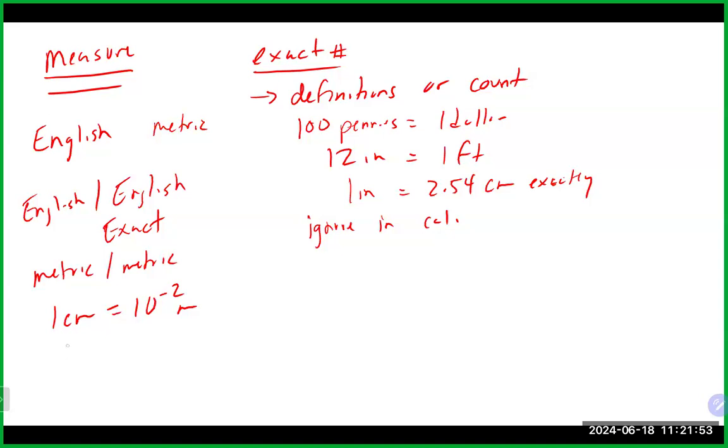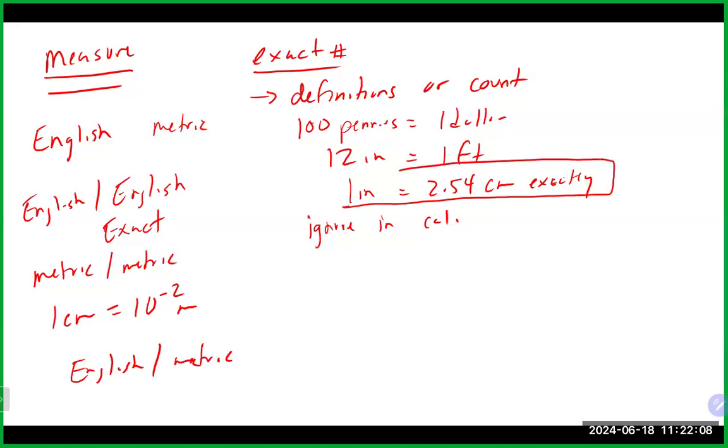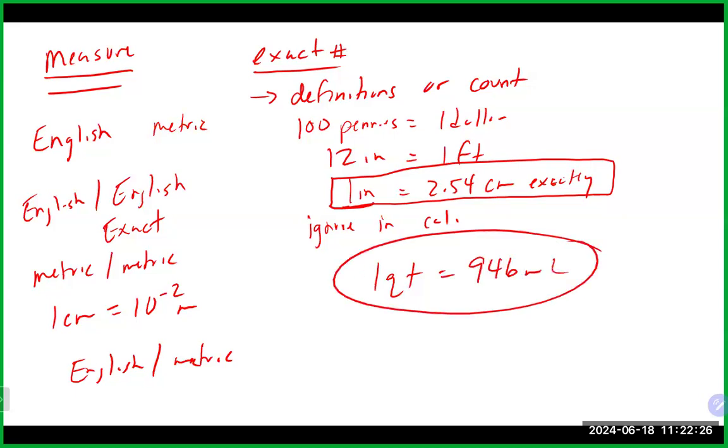It is really only when you cross over from English to metric that you should take into account the significant figures in that conversion. There are some exceptions. This is probably the major exception that you find. 1 inch is exactly 2.54 centimeters as an exact measurement, so that would still be considered an exact number. But if you did something like a quart is equal to 946 milliliters,